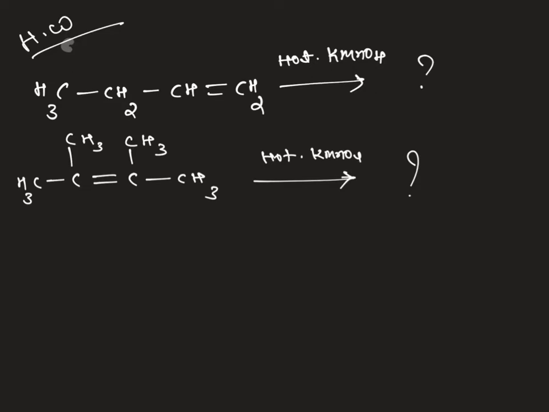Is it clear? Whenever we react alkene with hot KMnO4, it is converted into carboxylic acid and ketone, and formic acid is unstable in the hot KMnO4 environment, so it is immediately converted into CO2 and water. Whenever you are writing the products, you look at the double bond. If the double bonded carbon has hydrogen, you convert it into carboxylic acid. If hydrogen is absent, it is converted into ketone. Further oxidation is not possible in those cases where hydrogen is absent. By that logic, you can write the products for these two reactions.